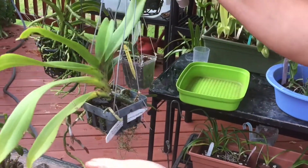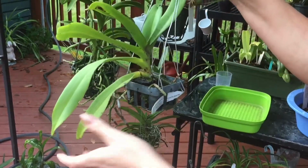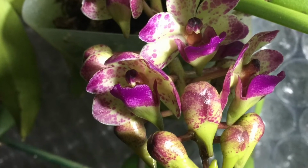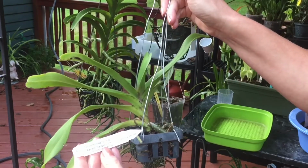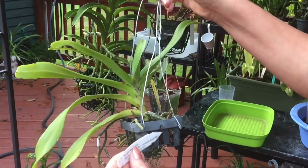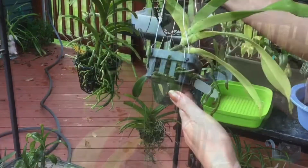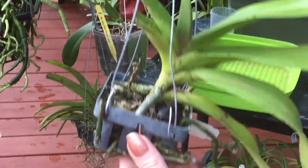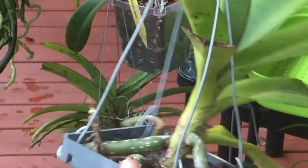Another one I have, Rhynchostylis Norma. That's a hybrid between Iris Bangkok and Rhynchostylis gigantea. Got it from Hausermann nursery. It bloomed for me in winter and was very fragrant. In late February or March, after it was done blooming, I repotted it. Roots were rotten in a pot with bark, and I don't think they got enough ventilation, so it's been in a basket since March. Look at the new roots. They're growing,